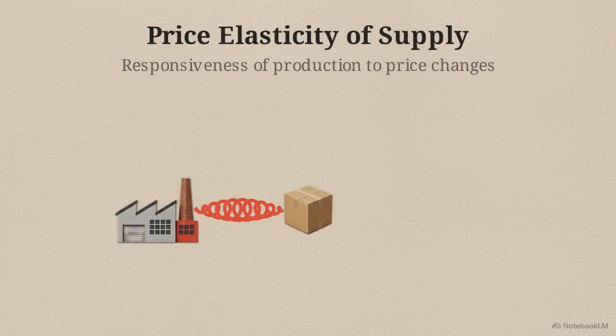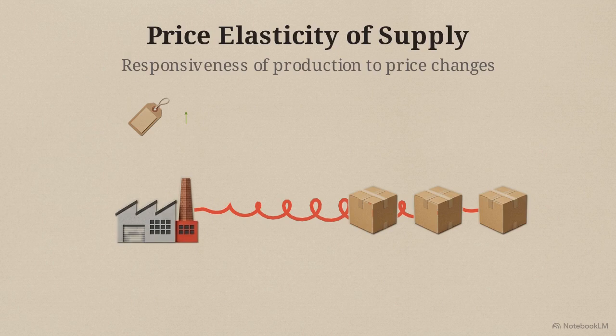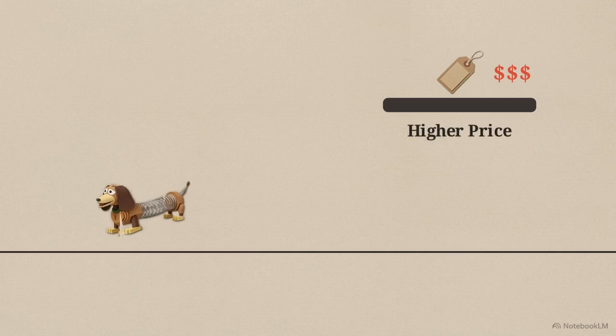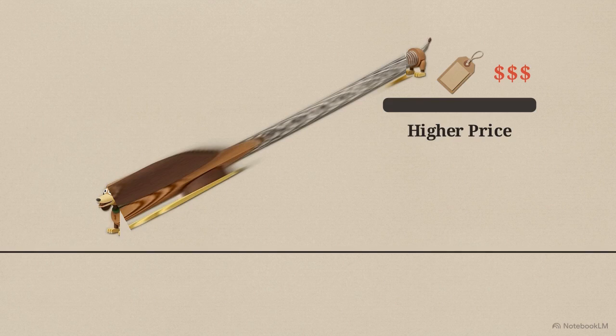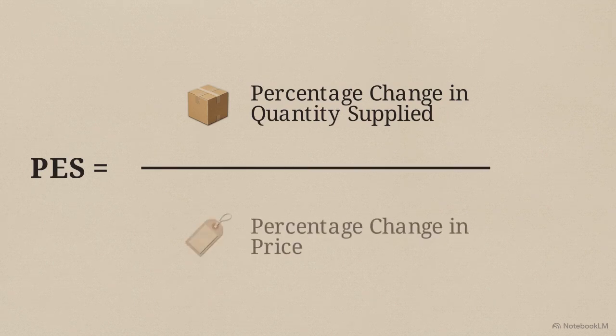Price elasticity of supply measures how far producers can stretch their output when prices go up. Imagine a toy slinky dog trying to reach a high shelf. The shelf represents a higher price, and elasticity measures exactly how much he can physically stretch his middle to get there. We calculate this stretch using a specific formula, the percentage change in quantity supplied divided by the percentage change